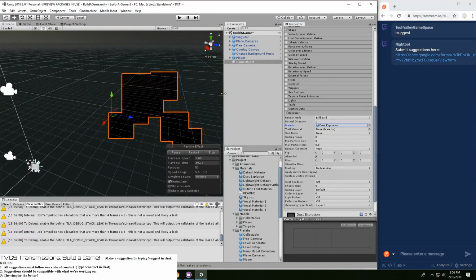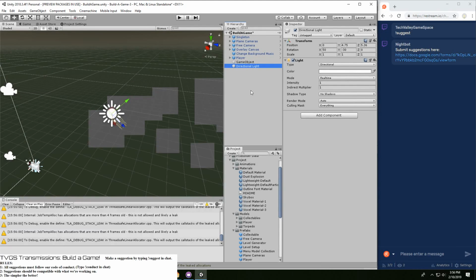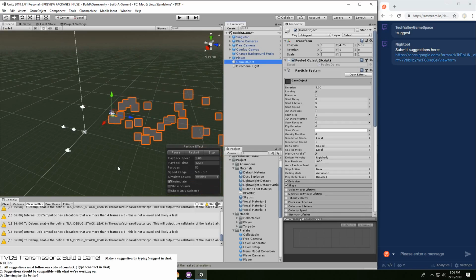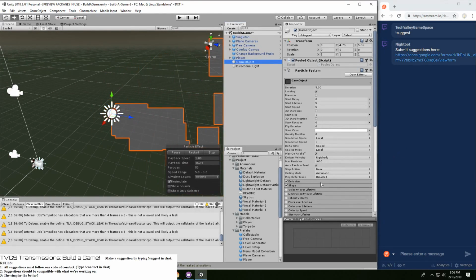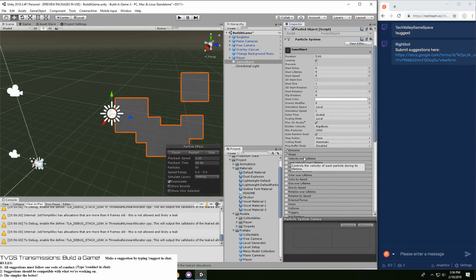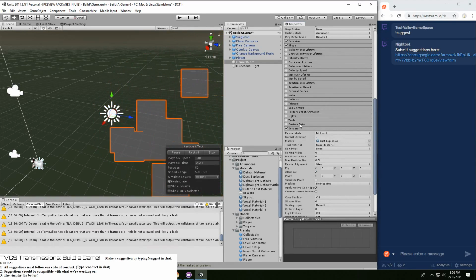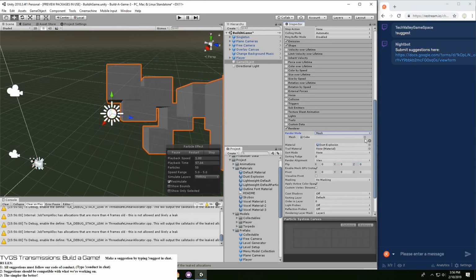And right now it looks terrible because it doesn't have any directional light. So let's add in a light source real quick, a directional light, there we go. And then it currently looks like this. That doesn't look great, but we might want to change the render so that instead of giving that, it gives out a mesh.